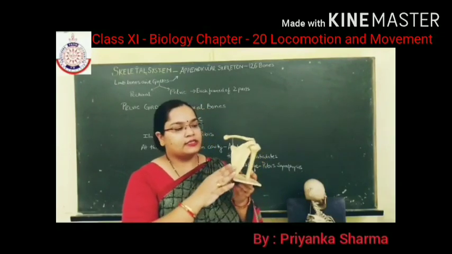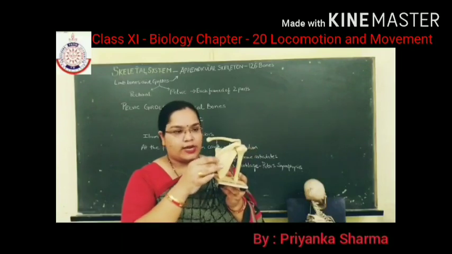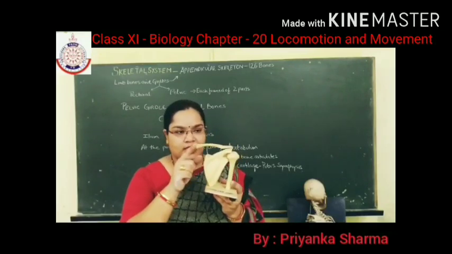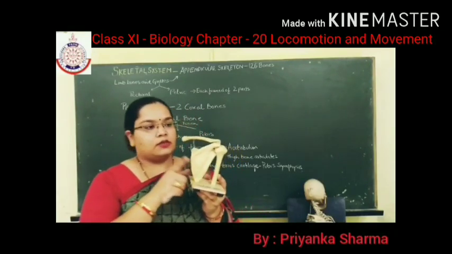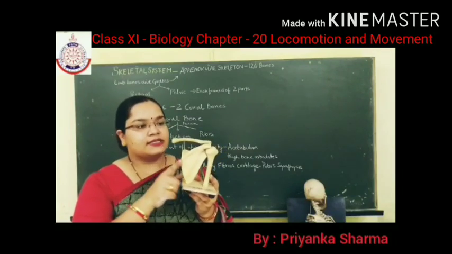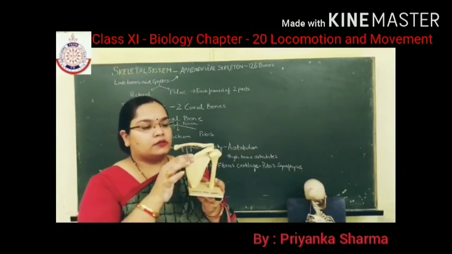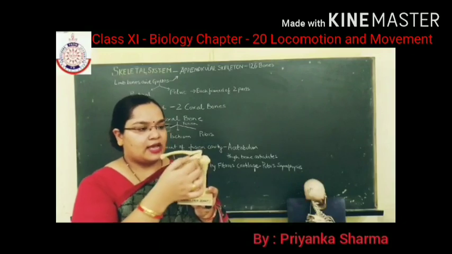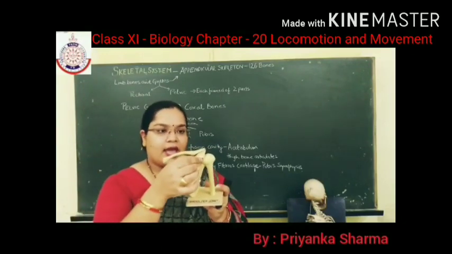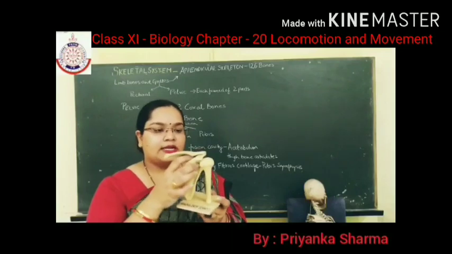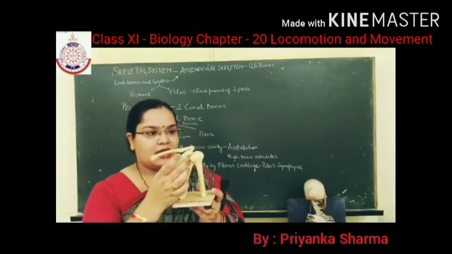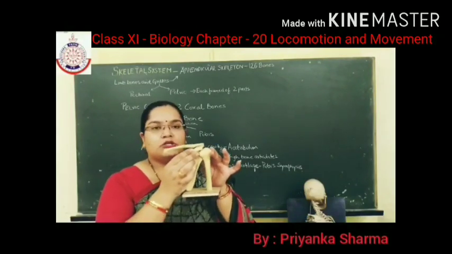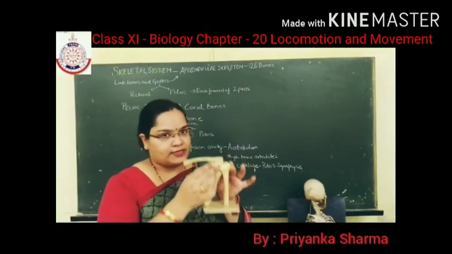The pectoral girdle consists of a flat triangular bone known as the scapula, and this bone is known as the clavicle, which is known as the collarbone. Now this lower bone, the scapula, has an elevated process known as the spine, and the spine has an extension known as the acromion. Now the acromion has the cavity known as the glenoid cavity, and the head of the humerus articulates with the glenoid cavity to form the shoulder joint. I hope it's clear to everyone.